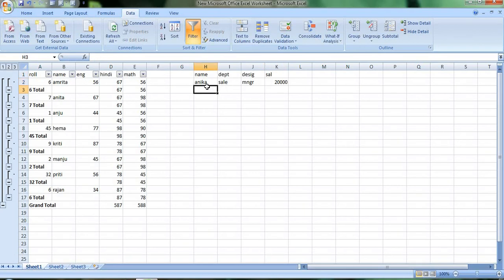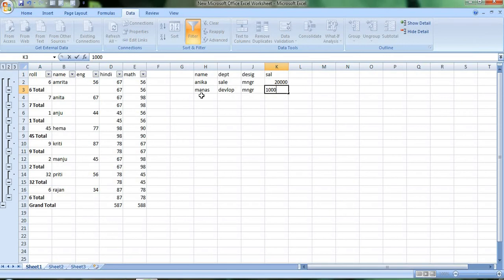Second one is Manas, department is development, position is again manager, salary is 10,000.